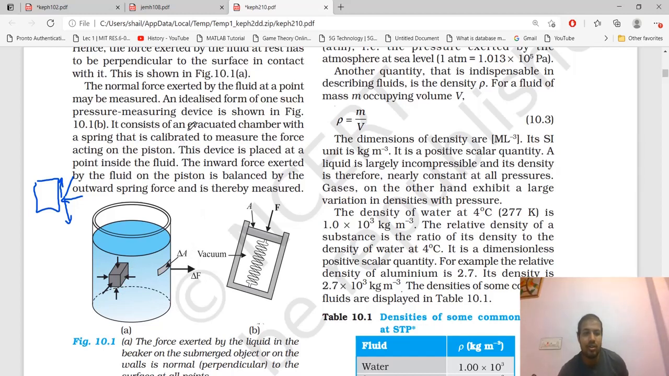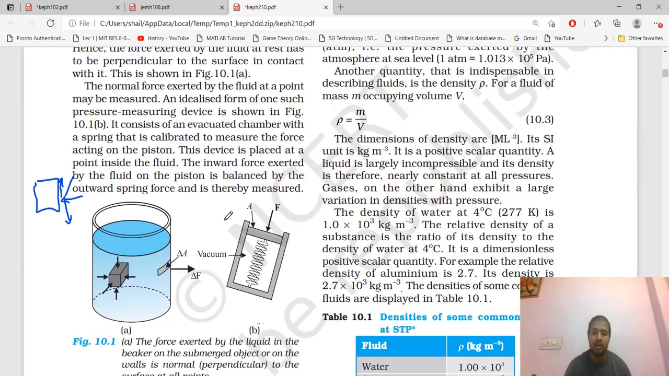It consists of an idealized form of one such pressure measuring device, shown in figure 10.1b. It consists of an evacuated chamber with a spring that is calibrated to measure the force acting on the piston. This device is placed at a point inside the fluid. The inward force exerted by the fluid on the piston is balanced by the outward spring force and is thereby